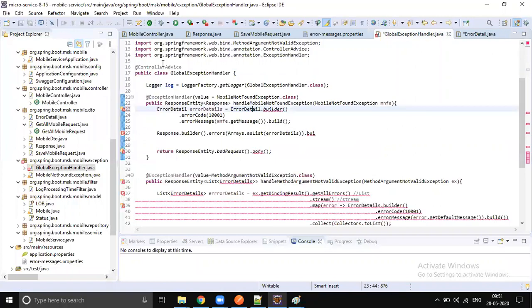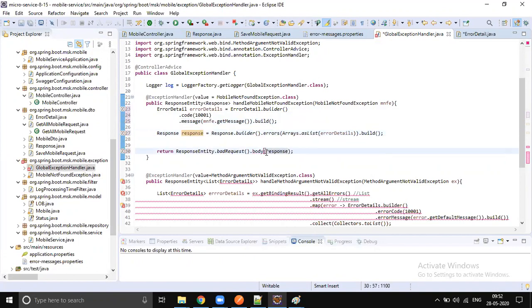Save the file, go back. It's code and the message. Okay, the key is code and the key is message. Fine. Let's do the build. So you get the response object, set it in the response entity and return back.